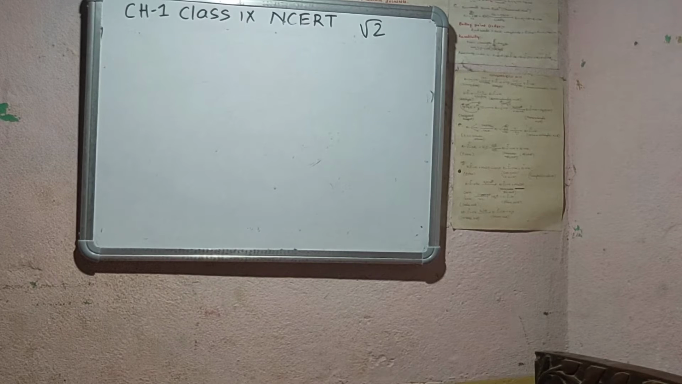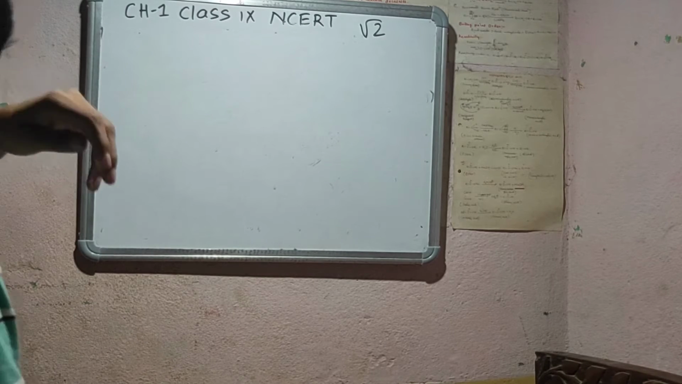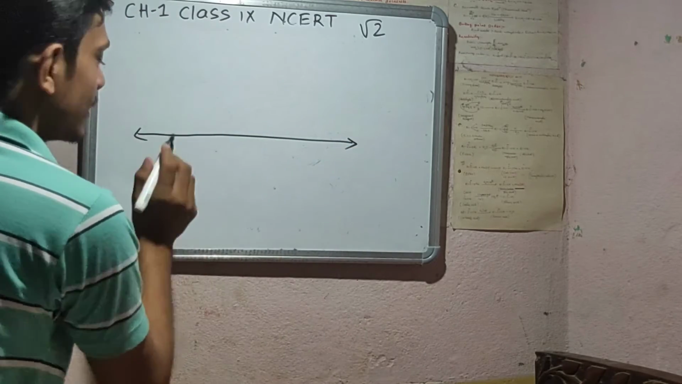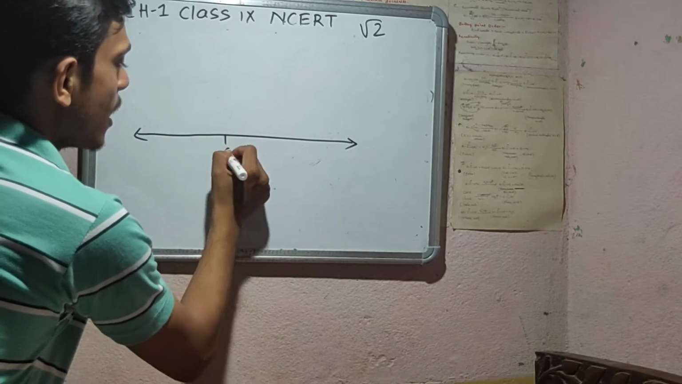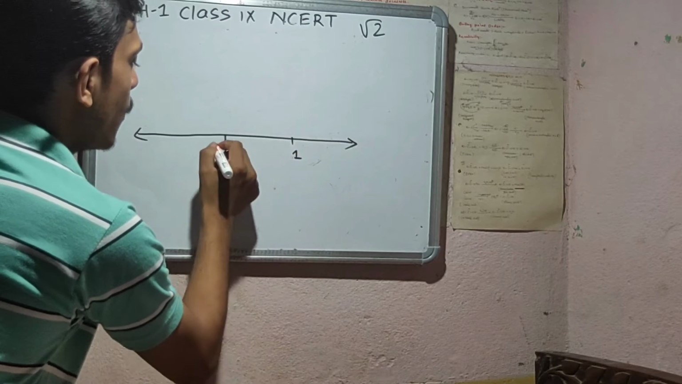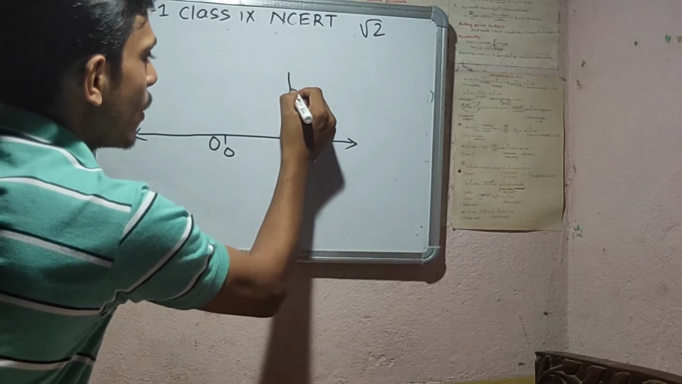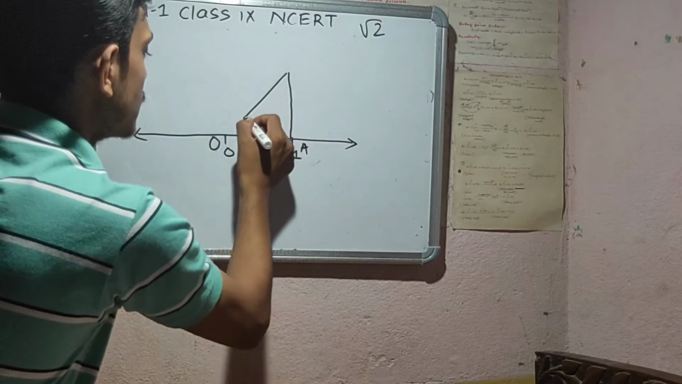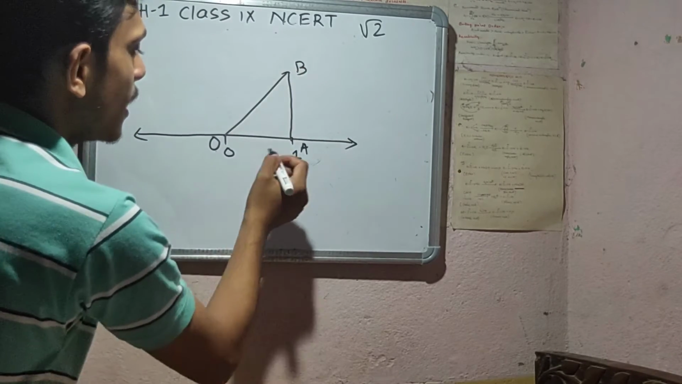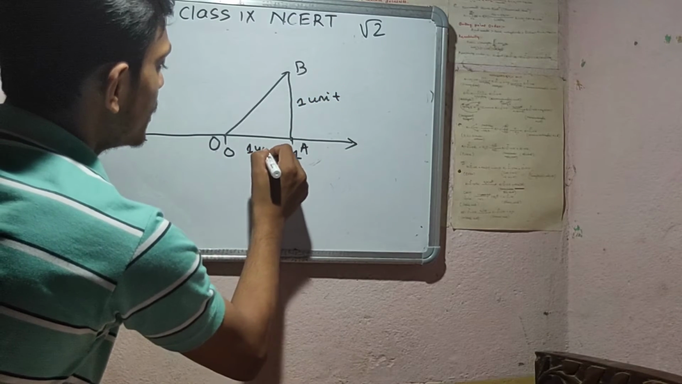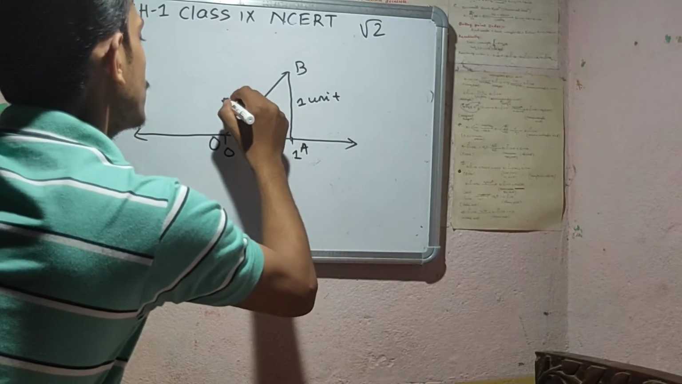Again, I would like to repeat. This is the real number line. Clear? This is 0 and this is 1, the point is O and this is A. And I draw a right angle triangle, that is OAB. This is 1 unit, this is also 1 unit, and this is square root of 2